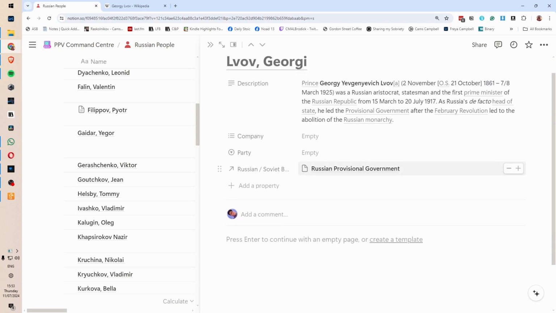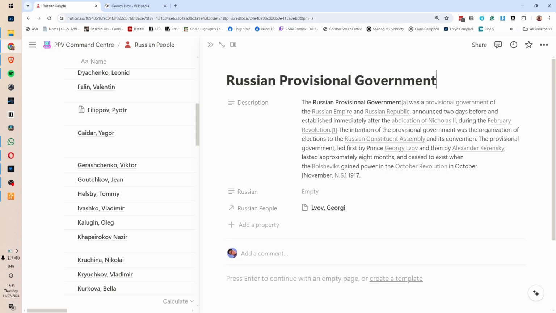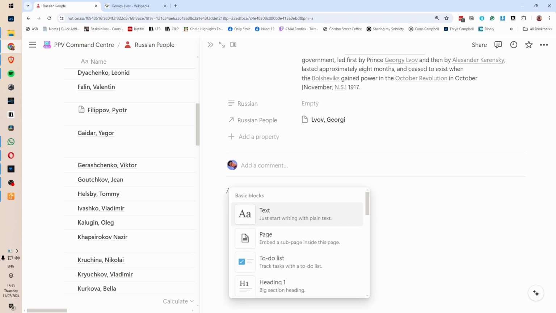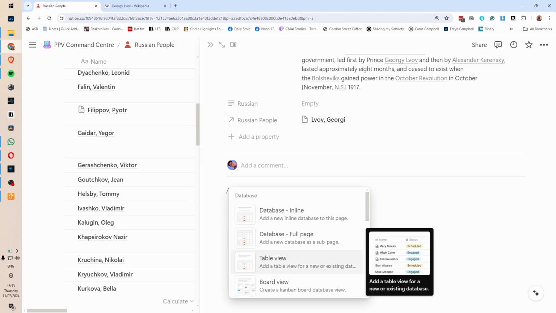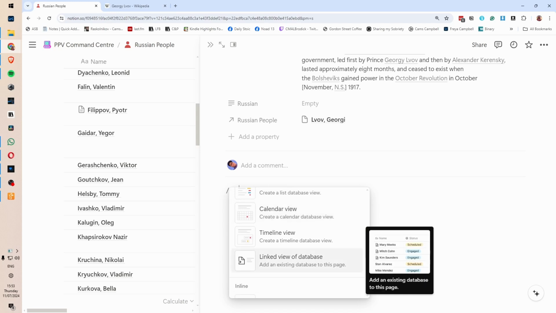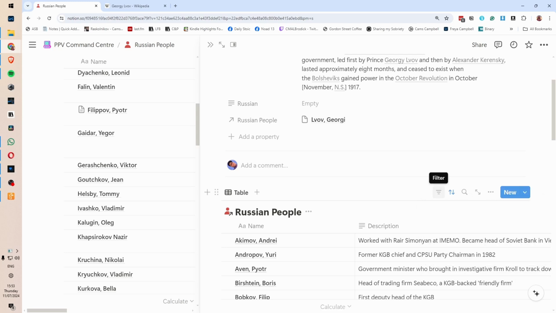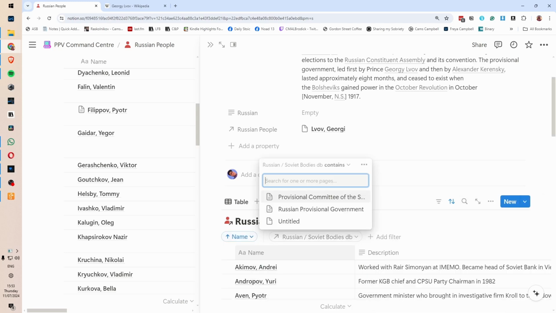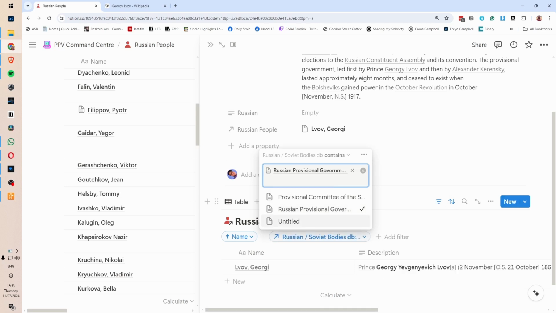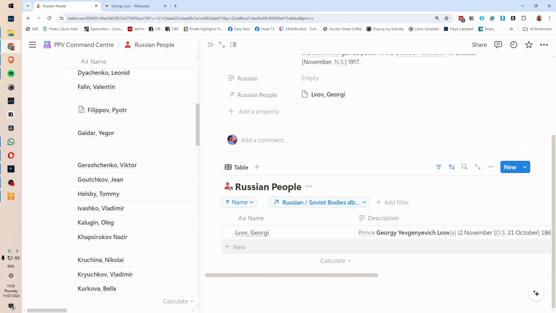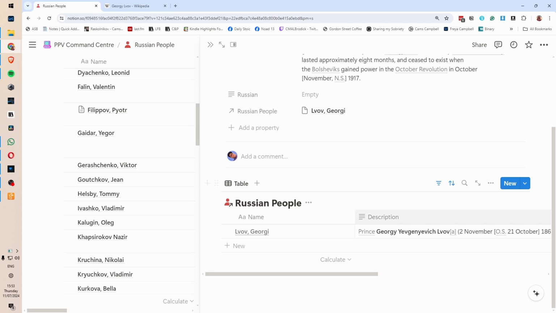And now let's go to the Provisional Government page. Remember how we did this? We want to add a linked view to an existing database. We want it to be the people database. We want to filter for people who belong to the Provisional Government. So now as we add characters to different bodies and institutions, this page will grow and we'll be able to